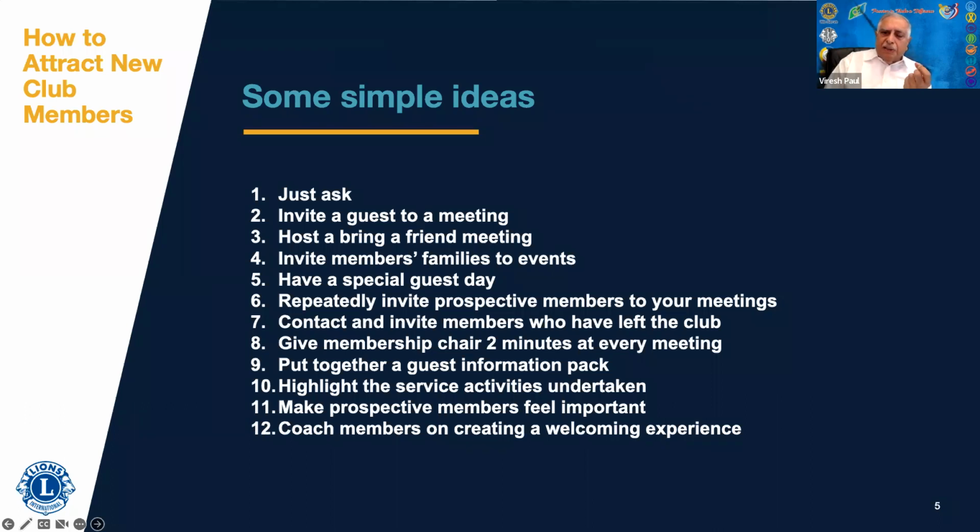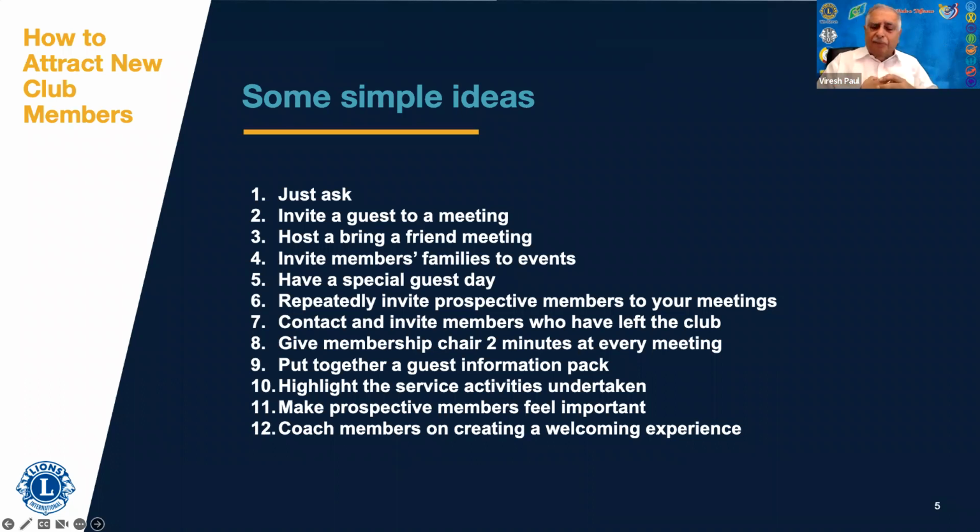And have you tried this one? Maybe in your club meetings, you should run a session on coaching your own members to create a welcoming experience. It's good to have all these simple ideas to invite people to your meetings, but when people come to your club meetings,